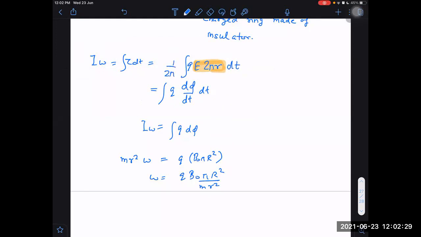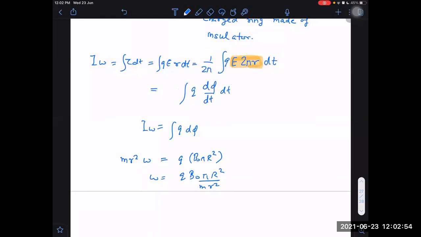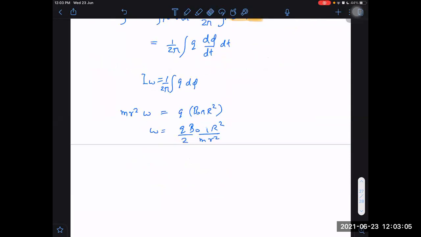Right. I think I should add one more step here in between. I should add force into R, that is torque, into time, that is impulse, angular impulse. And then in the next step, just to make it EMF, I will multiply by 2 pi and then divide by 2 pi also. So that 2 pi will keep on getting divided outside. What we get finally, 2 and pi will be cancelled here. 1 upon 2 pi.